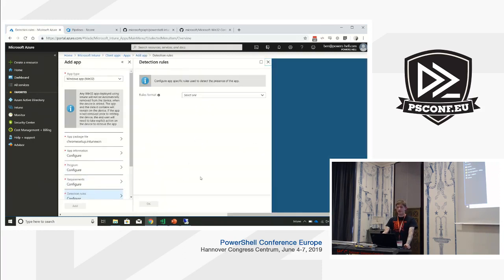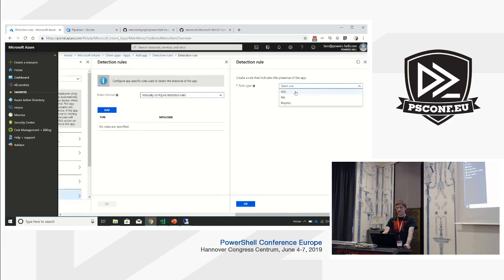Detection rules, again, this is very similar to Sccm, so with your experience there, this is great. You go manually configure detection rules, and you choose your options. So MSI, file, or registry. MSI is quite easy, you just put in the GUID, you can do validation checks on the version number of the application. You can get as granular as you want, and I believe that if you put something in here,